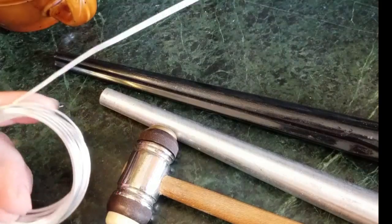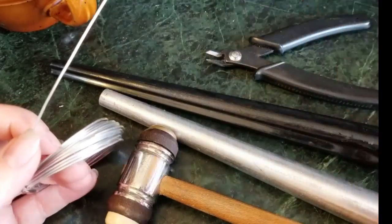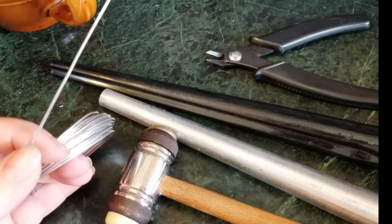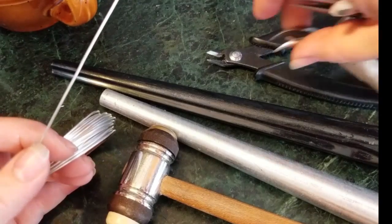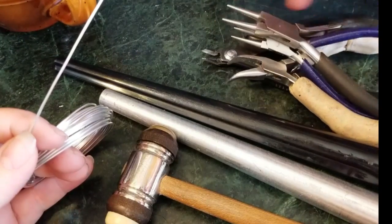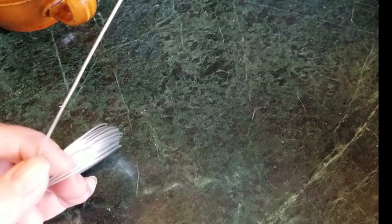And then, I'm not entirely certain what pliers I'm going to be using yet. Obviously wire snips. Pulling out some different pliers that I normally just always use. Got my wire snips, 2 sizes of round nose, and nylon jaw pliers. Should get us where we're going. But most of what I'm going to be doing here is